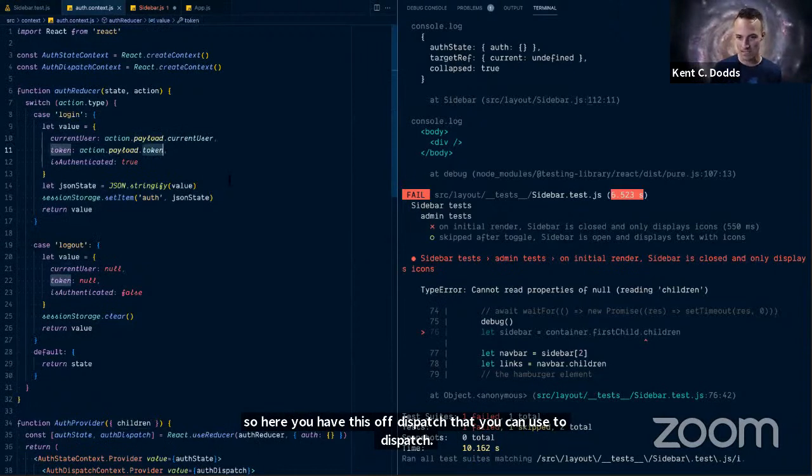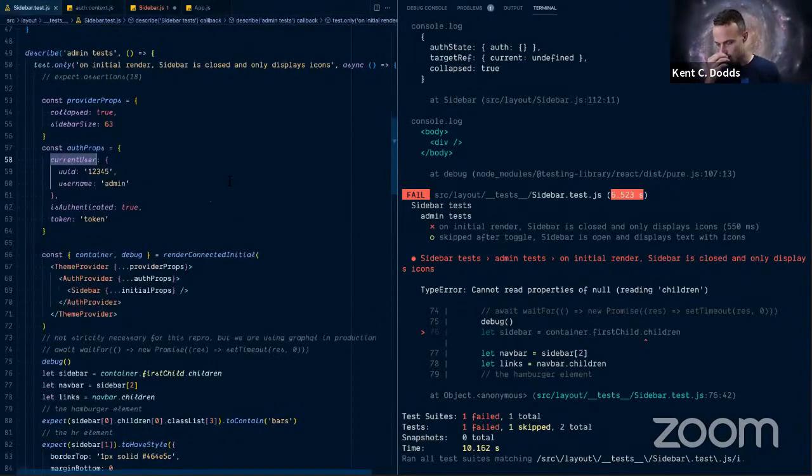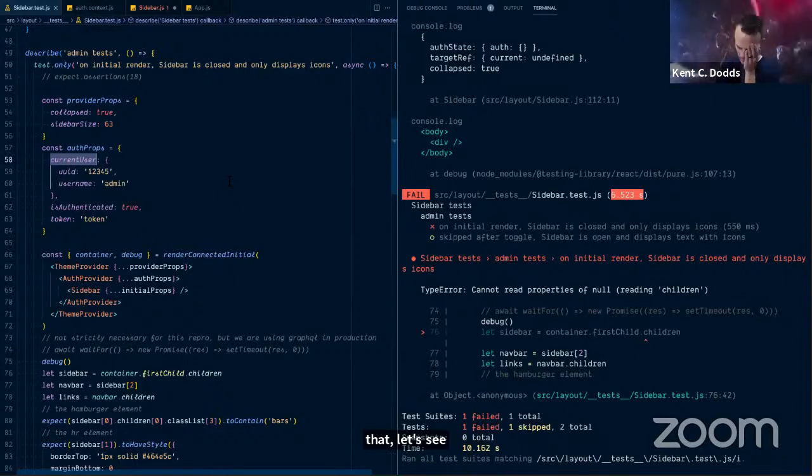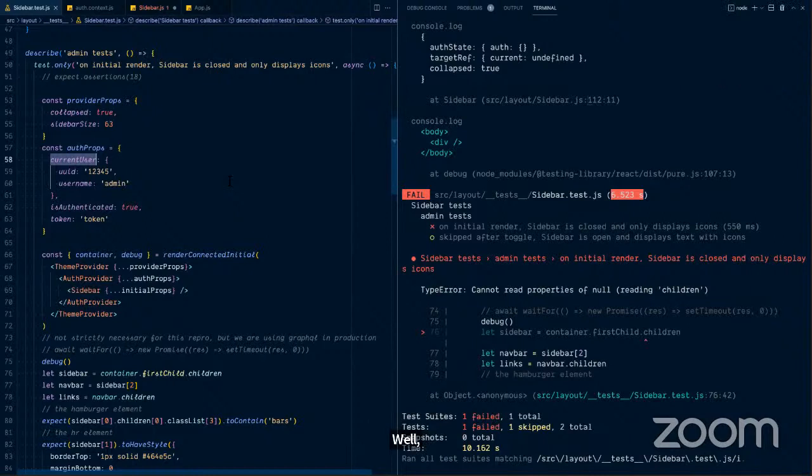And so what I suggest is that, let's see. Well, let me just try and think of the best way to. Right, because the sidebar has no mechanism for that. That's in the login and the header that do the dispatching.